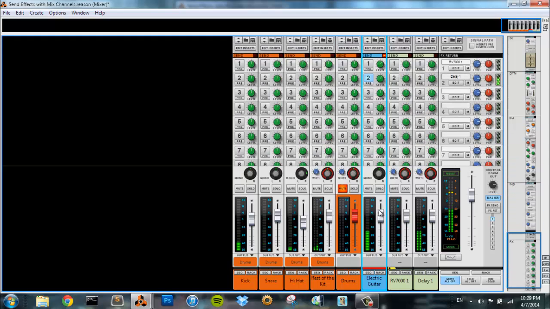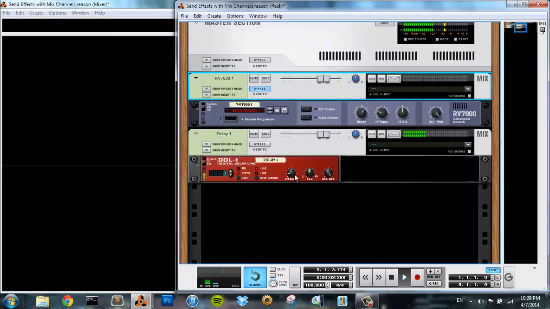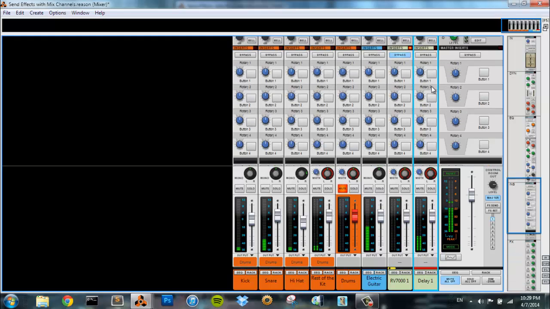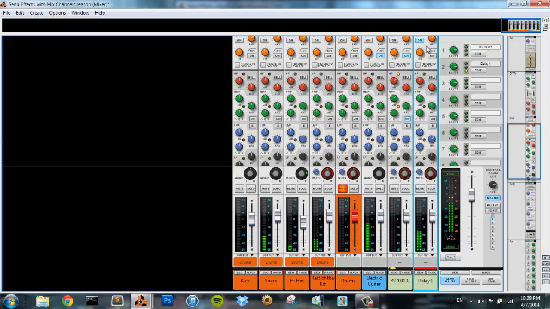What you might not realize is that, instead of having all the feedbacks happen on the delay itself, if we go to the delay and turn down the feedback like we have, we can actually then send the delay back to the delay. And so I'm going to do that just now. We're going to turn this delay down a little bit. And now we're going to feed the delay back into the delay. You have to be careful not to create a feedback loop by adding too much, as you can kind of hear it's doing. But what this then does is if we were to take our EQ,